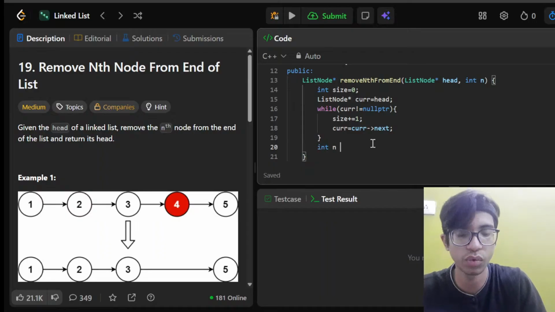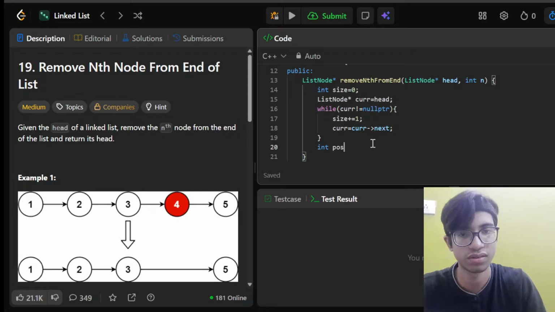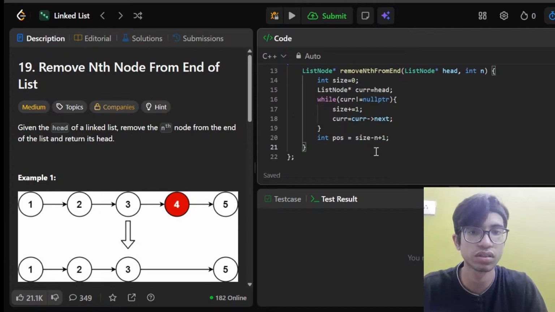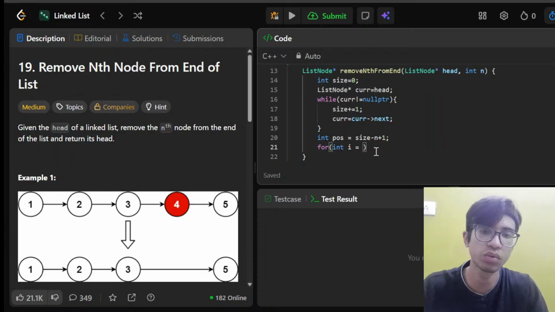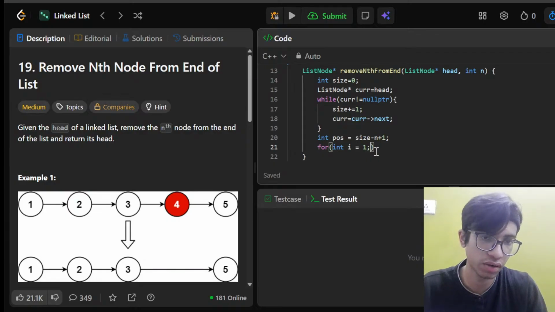And int position is equal to size minus n plus 1, and because of that I've got the position. Let's just do one more loop, a for loop, for int i is equal to 1, and when